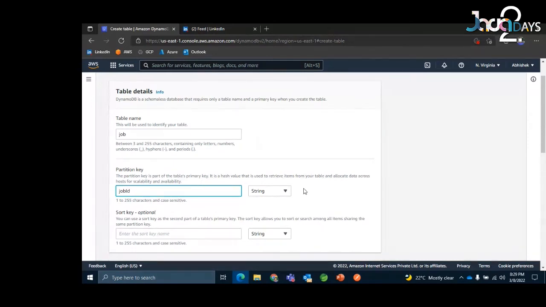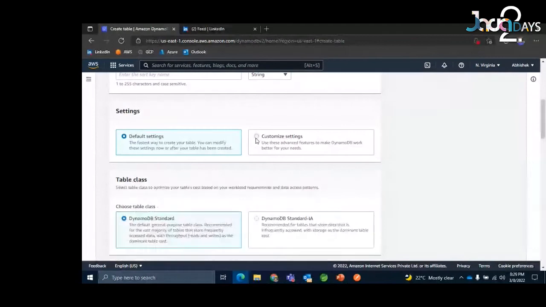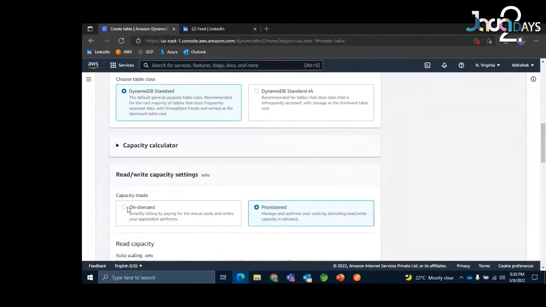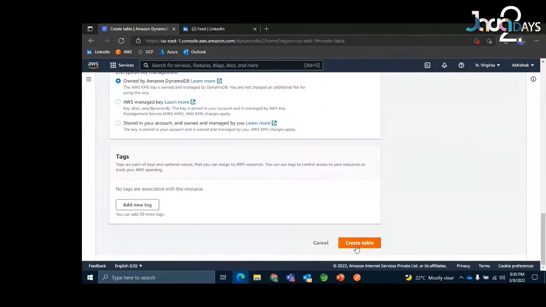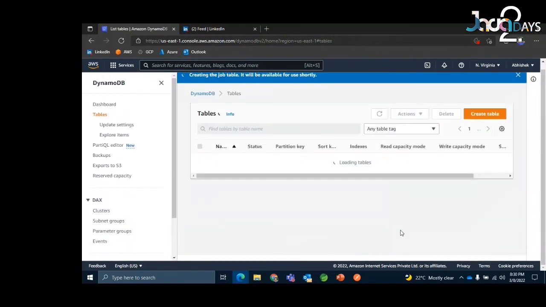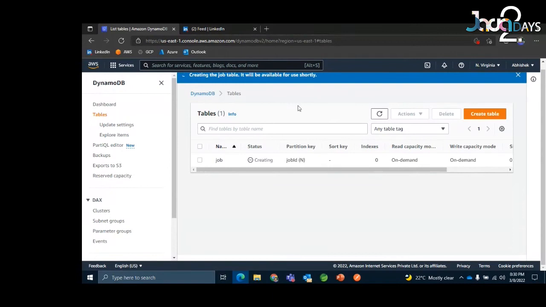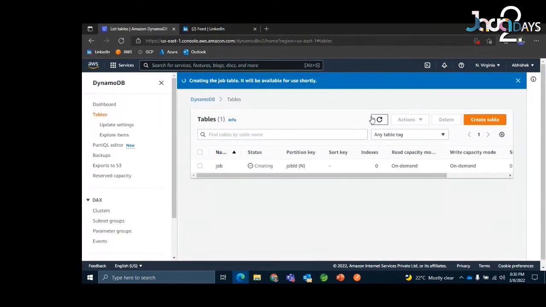That's job ID and it needs to be an integer number. I'll say customize settings and there I'll say I just want it on demand, nothing much. And all the basic settings, and we'll say create table. We'll see that it will be created quickly and it won't take much time since it is serverless in nature. I'll just give it a refresh and you see it's there. It's just created that quick.